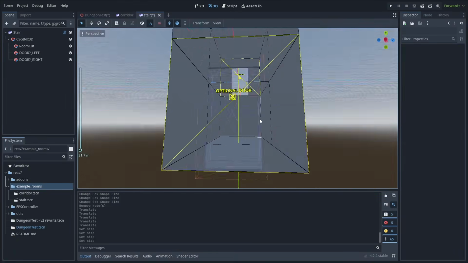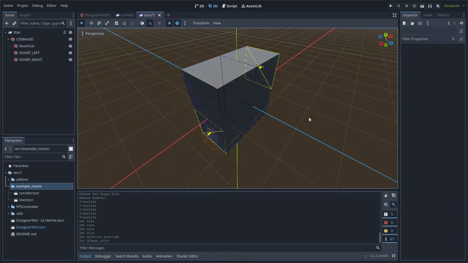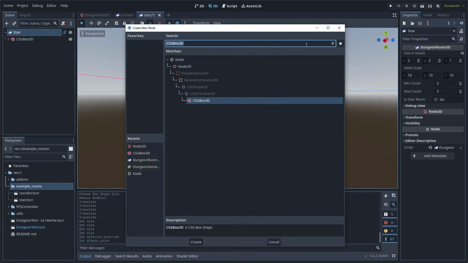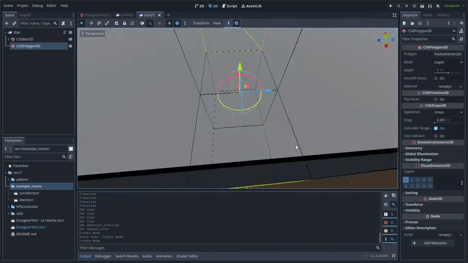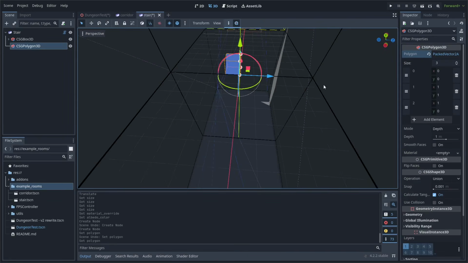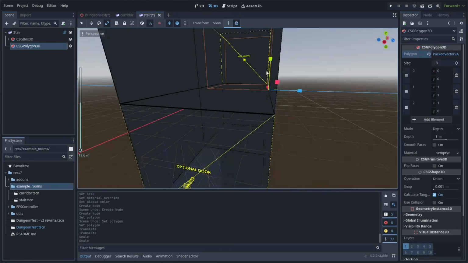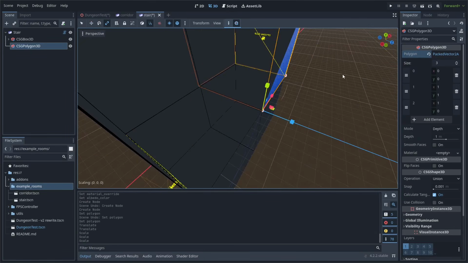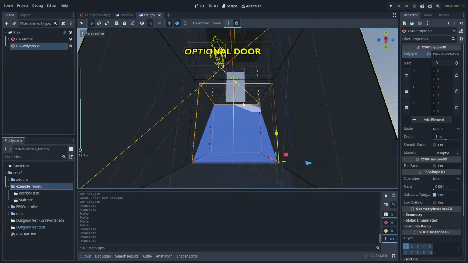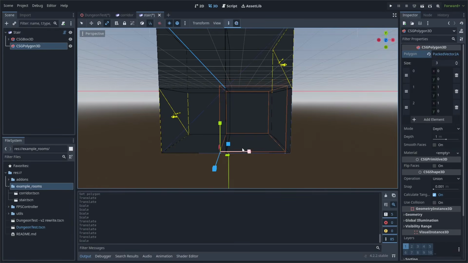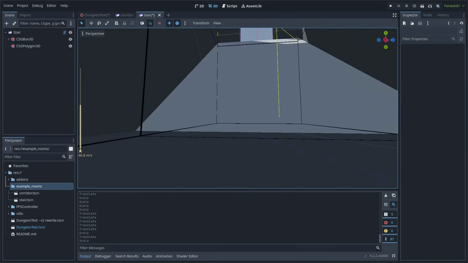Because it's a stair room, I'm going to change the colors to make it a little bit easier to see against the corridors, and I'm also going to add a ramp inside to allow the player to walk up and down and get to the different floors based on that. So yeah, for the ramp, I'm just going to use a CSGPolygon3D, delete one of the default polygon points, and then just move it into place for a ramp between the levels connecting